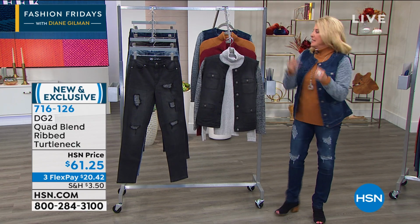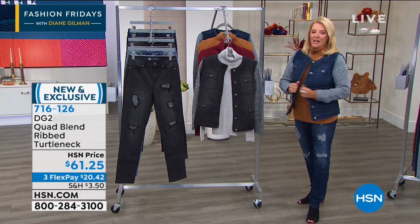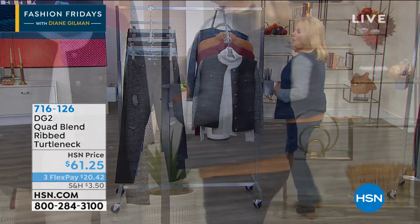All right, got to remind you guys of the jacket, the one I have on, which is so Parisian inspired, already 50